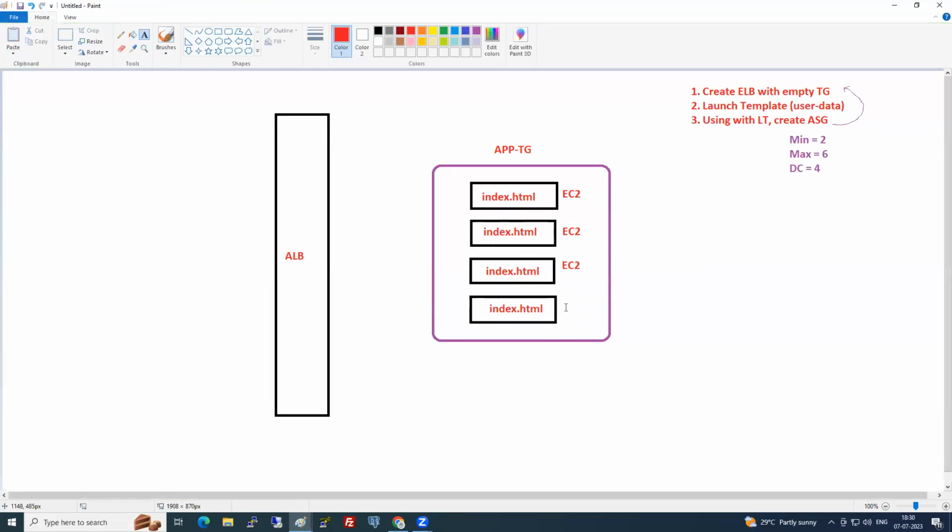So we go and create an empty target group, and the auto scaling group will go and launch the EC2 instance in the target group. Understood now? Clear? Should we go and do the task here now? And here, while doing this, we will get this option of